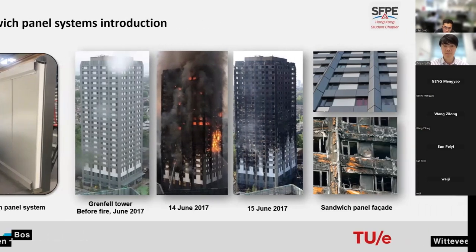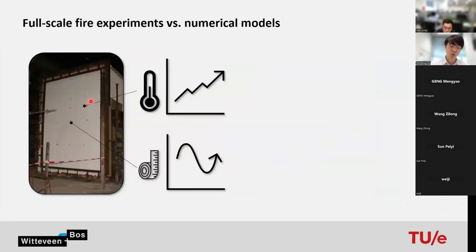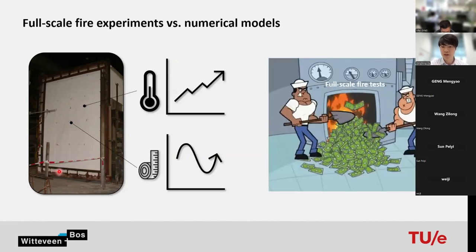The most trustworthy and reliable way to check the fire resistance of a sandwich panel system is by doing a full-scale test. For example, we can put the sandwich panel on top of a furnace, where we can measure the temperature and the deformation of the sandwich panel system. But doing such a full-scale fire resistance test for sandwich panels is very expensive. A single experiment may cost more than 10,000 euro, which is literally burning money